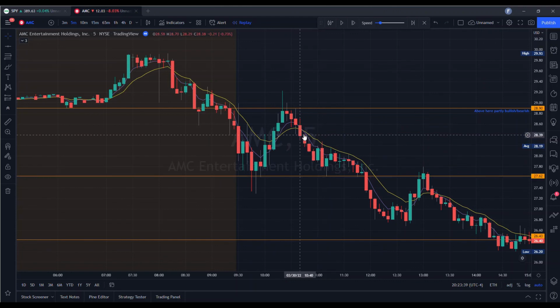But the EMAs are telling us the story. The bears are in full control. So we get these wicks that are trying to break through the EMAs, but they're failing. That means that the bearish trend is strong, right? So it's getting smacked, until finally we get a candle that breaks through the EMAs, and then this candle holds the EMAs as support. Now the bearish trend is fully broken, right? So instead of stopping out